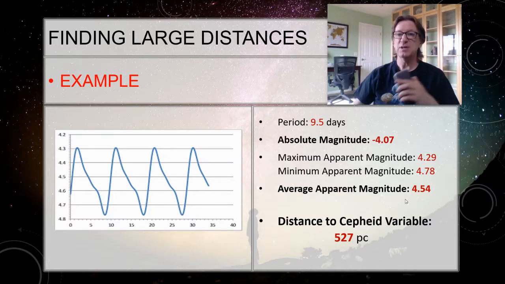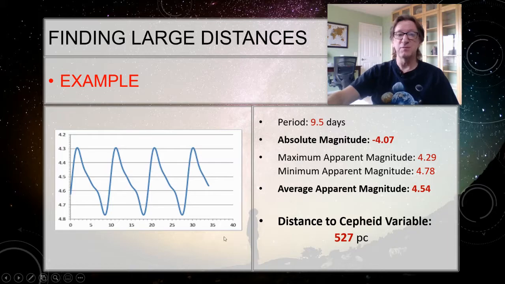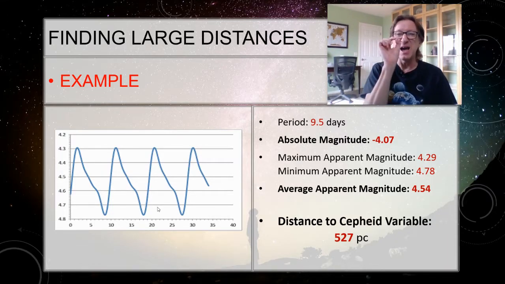So you see that I can measure the distance of something that is much greater than 200 parsecs, because with Cepheid variables, that curve is very easy to recognize. Even if I can't see the actual individual star, I can see that the light from that part of the galaxy is changing in just the right way. Okay, that's how we use a Cepheid variable to find the distance.